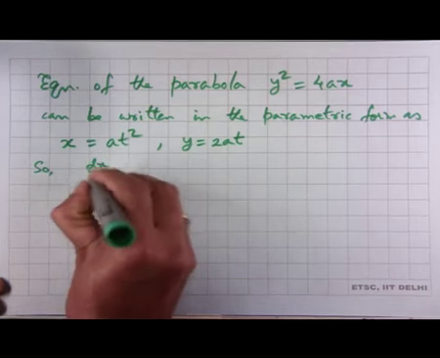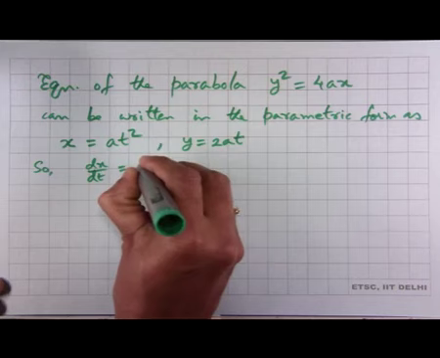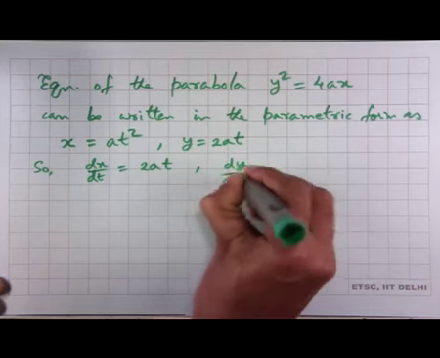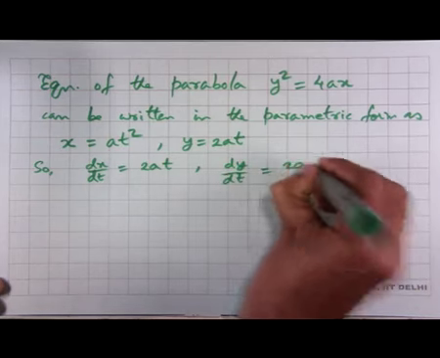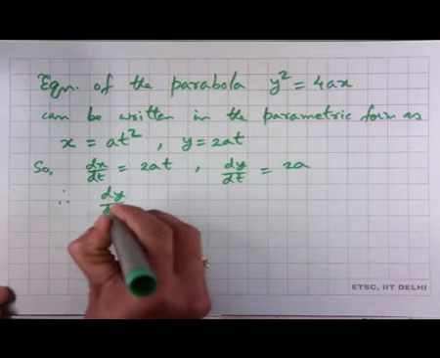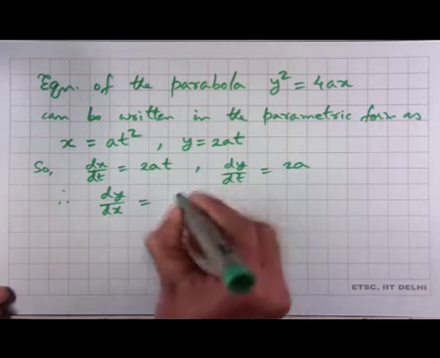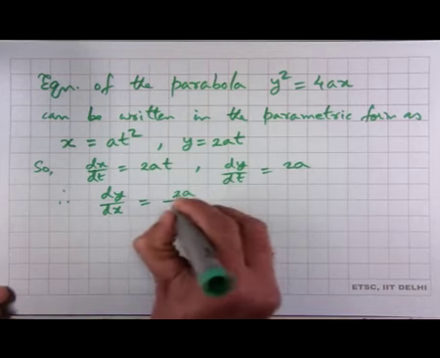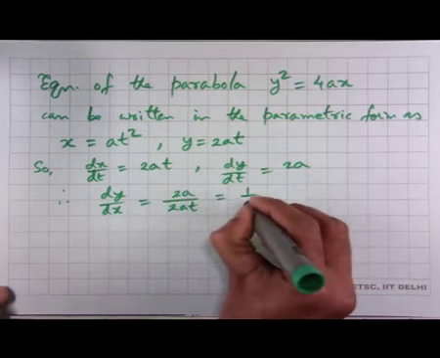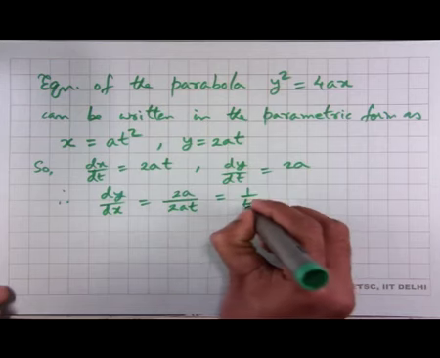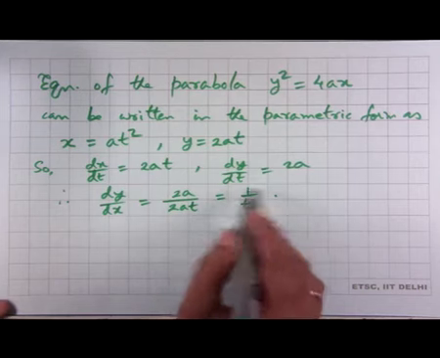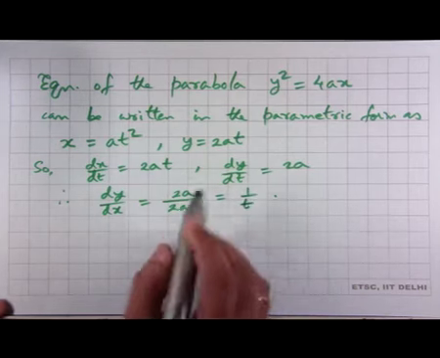dx dt is equal to 2at and dy dt is equal to 2a. This implies, therefore, dy dx is equal to dy dt divided by dx dt, which is 2a divided by 2at, which is equal to 1 by t. Right. This is the derivative in terms of the parameter t. We could have also calculated directly here,